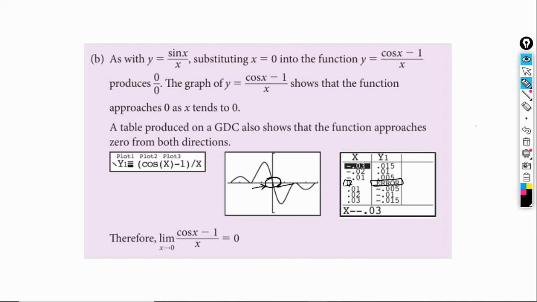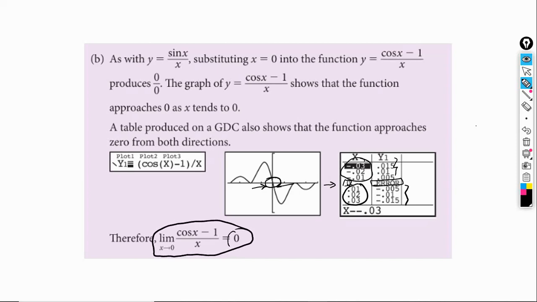So here they're approaching it from the left, and these are the results we get. This is where they approach it from the right, and these are the results you get. Now notice that all of these are close to 0: 0.0115, 0.01, 0.005. So the closer you get to actual 0 for x, you get closer and closer to 0 for y. That's why you can conclude that therefore the limit as x approaches 0 of cosine of x minus 1 over